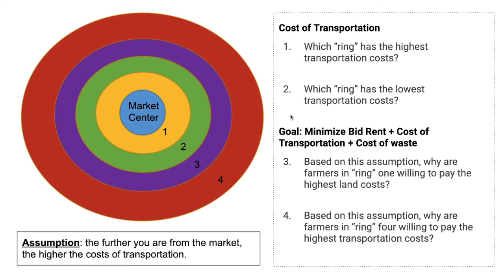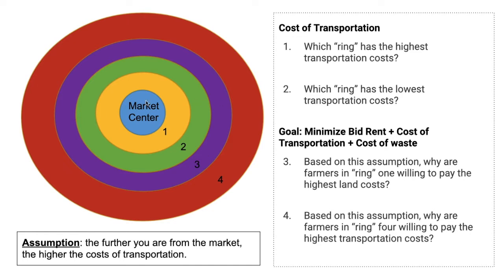Another thing we have to consider is the cost of transportation. The farther you are from the market, the higher the cost of transportation we're going to experience. So ring 4 would have higher transportation cost, and ring 1 would have the lowest transportation cost. Putting all this together, minimizing bid rent, the cost of transportation, the cost of waste, what we're going to see